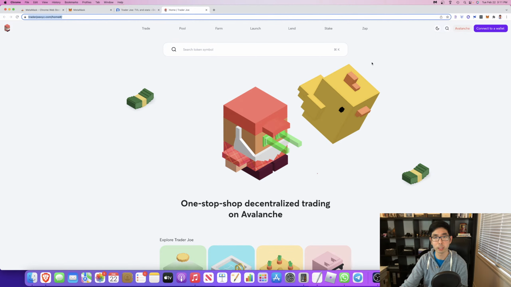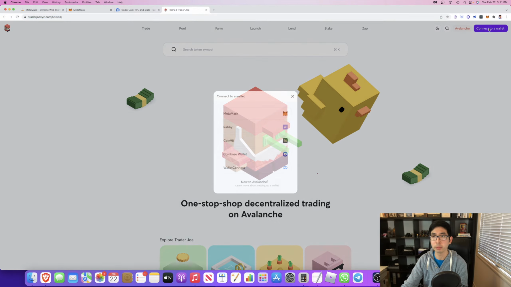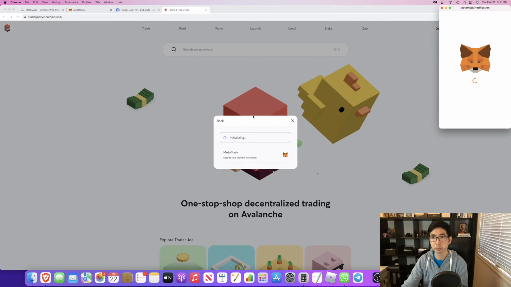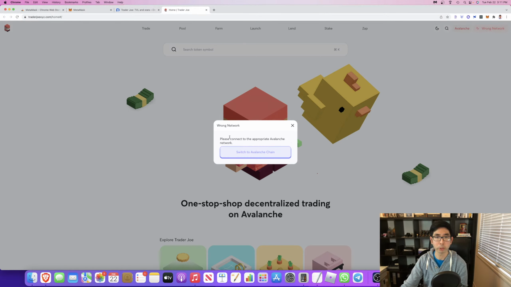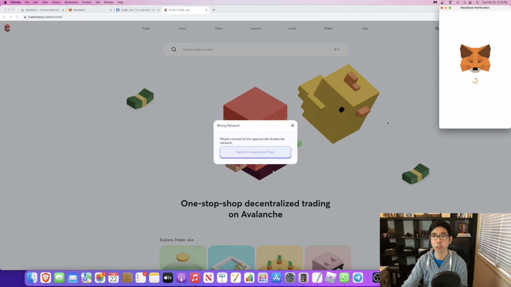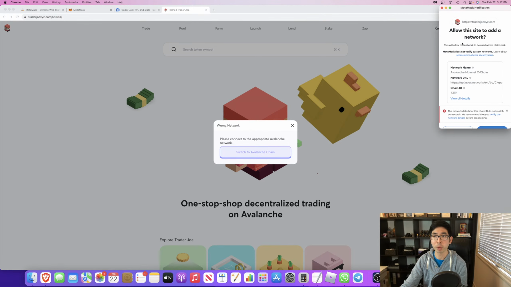So this is the Trader Joe application on Avalanche, and if we see here connect to a wallet, you can click that, and you can click MetaMask. So just choose your first account and click next and continue. It will prompt you. It will tell you you're connected to the wrong network. Please connect to Avalanche. So when you click switch to Avalanche,